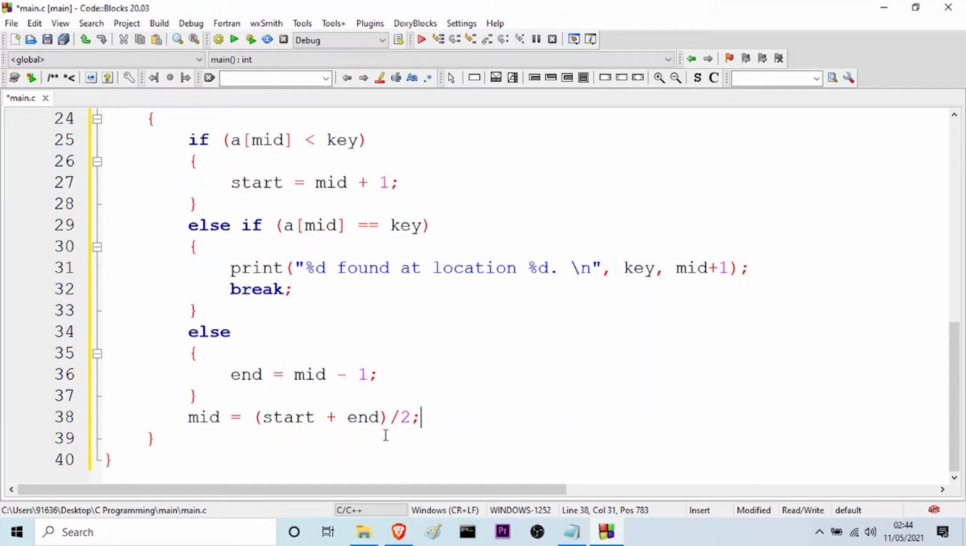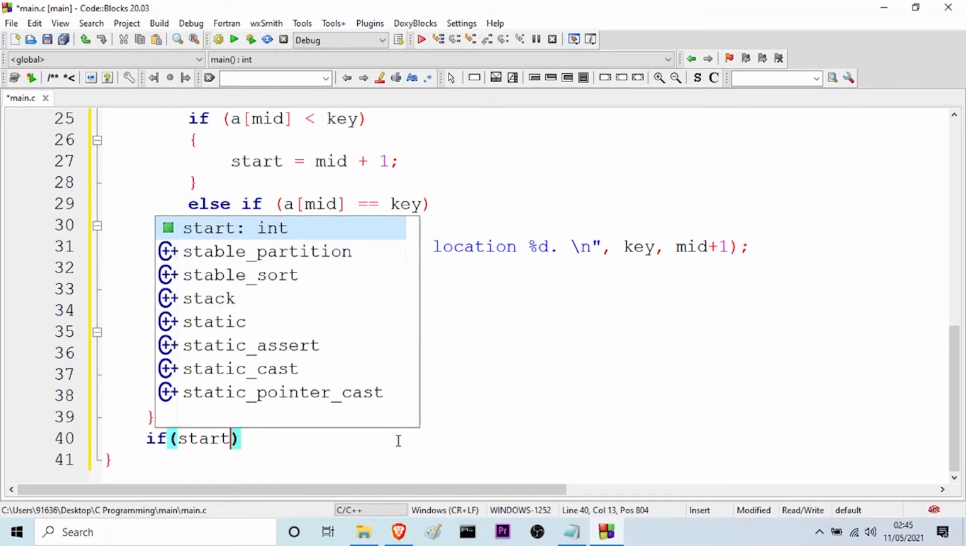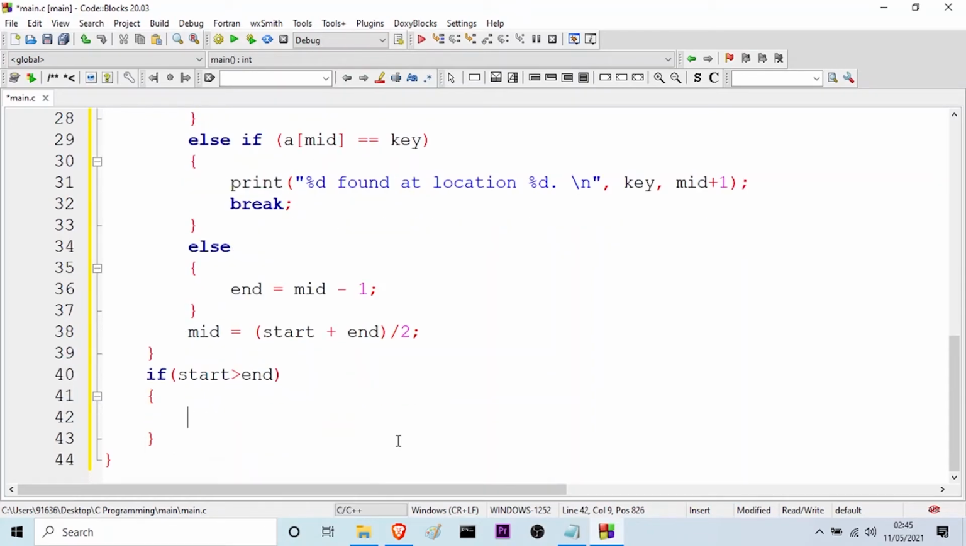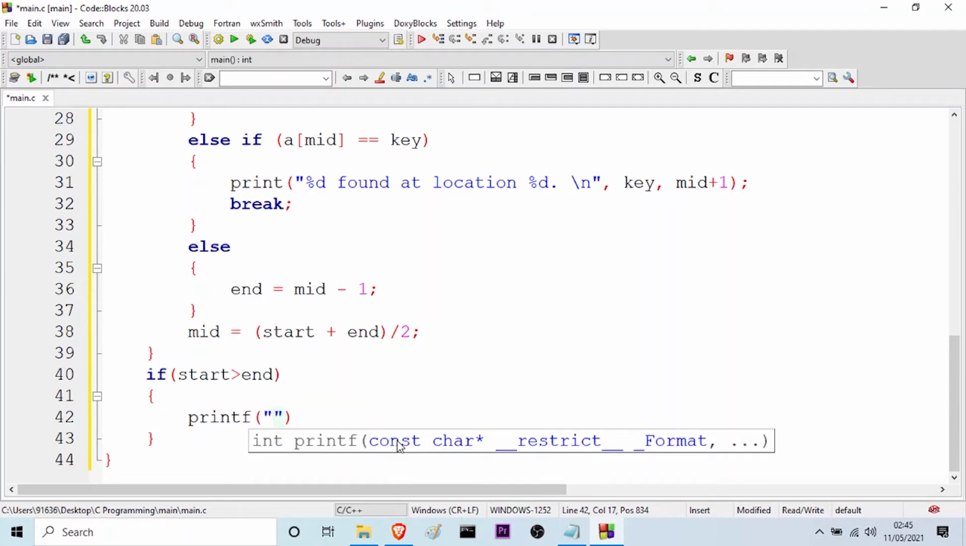Now comes the condition where I will not be finding the key. Then this will be an unsuccessful search, and for that also I have to use the print function. So it will be like if start greater than end, then inside curly braces I will use the print function, and here I will type not found, and then I will use %d